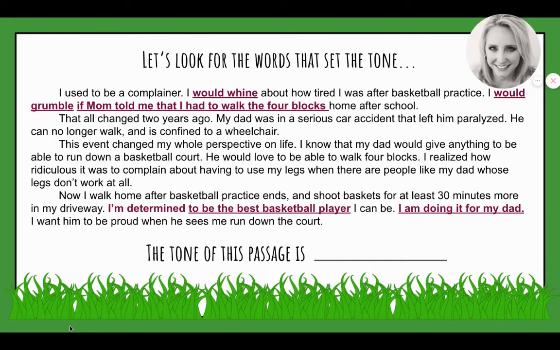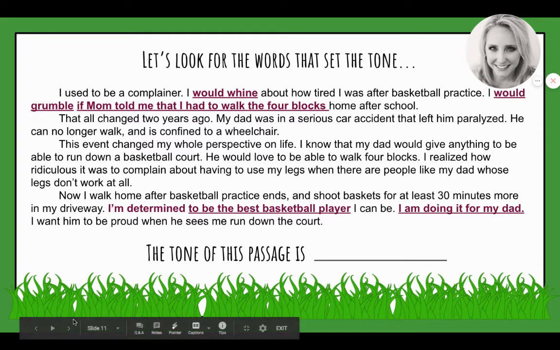If you selected Ernest, you are correct. The author wants to set the tone that there's a change, and this little kid is working so hard to now make his dad proud, and to almost use his legs, like his own legs, because his dad can't use his. And really, I want you to be thinking about